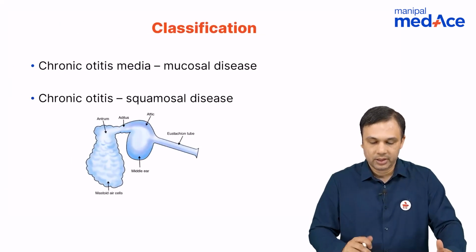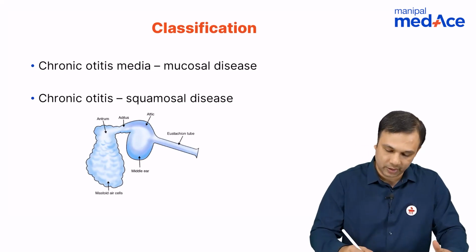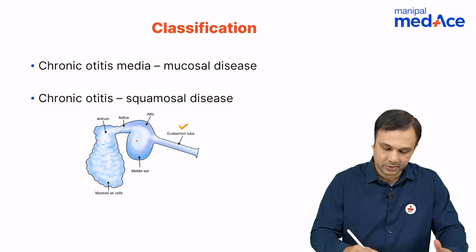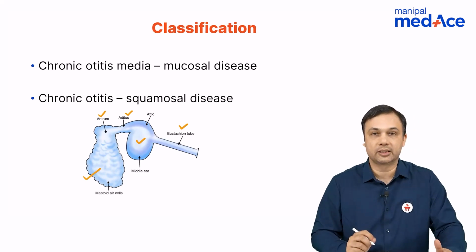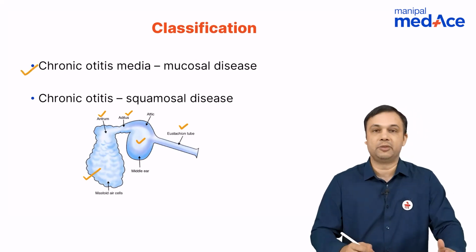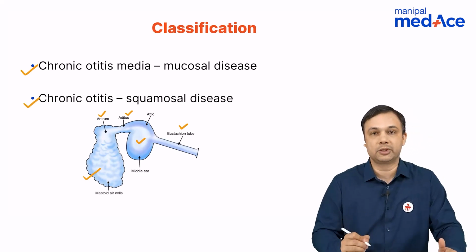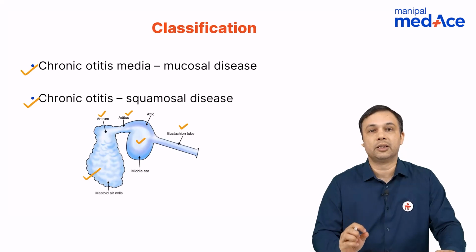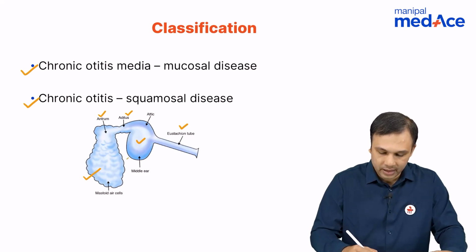So, coming to the classification, if we were to look at the middle ear cleft once again, it includes the eustachian tube, it includes the tympanic cavity, it includes the aditus, the antrum along with the mastoid air cells. So, when we classify chronic otitis media, it can be classified as chronic otitis media mucosal disease and chronic otitis media squamosal disease. If we were to look at the epithelial lining of the middle ear, we are looking mainly